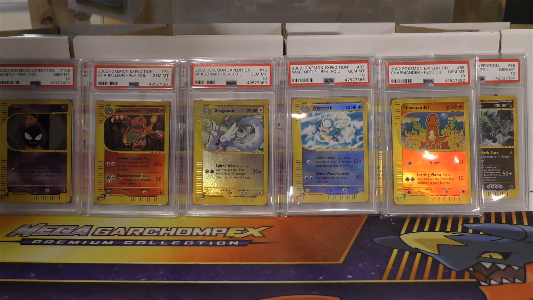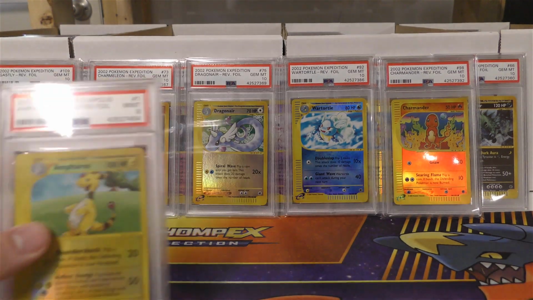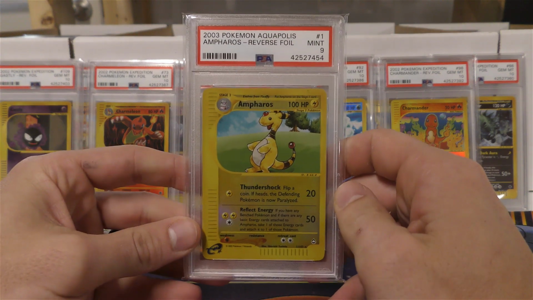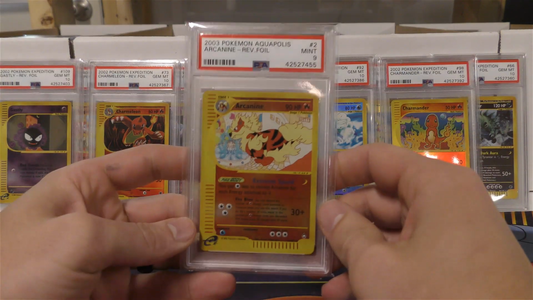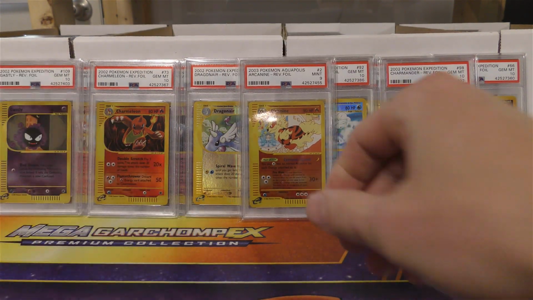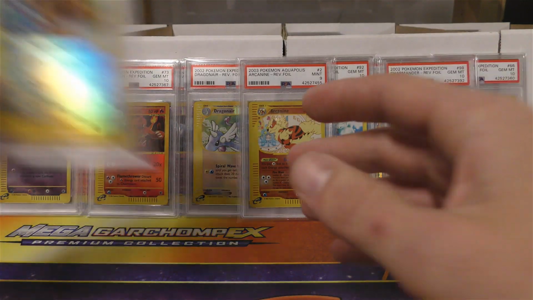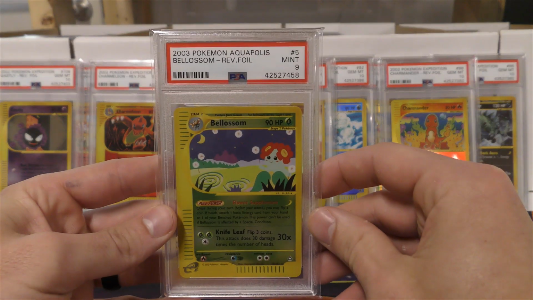Now we're going to move on to Aquapolis. Now at the Aquapolis, I actually start off with number 1, but I don't go all the way through the end. So Ampharos pulled the 9. Arcanine, now that's a nice one. I'm going to just set it in the background. I hate to cover up Gem Mint 10s with a Mint 9, but that's one of the nicer cards from the set. Got Azumarill, or Azumarill, Blossom,